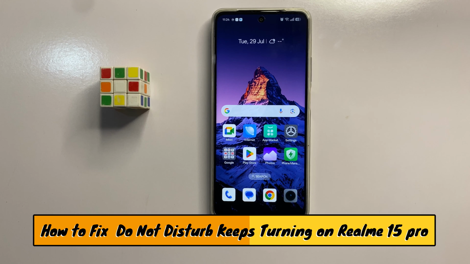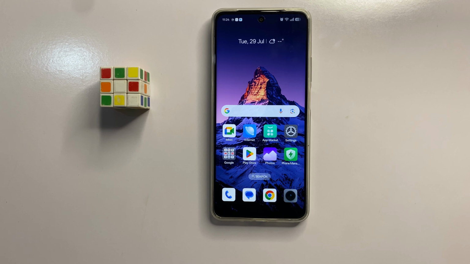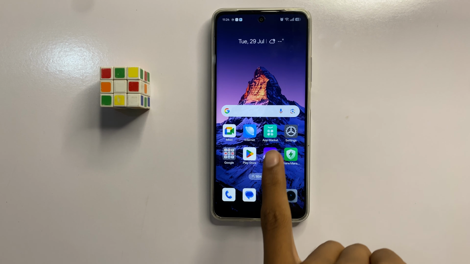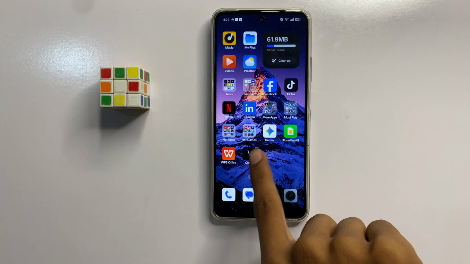Hello everyone, in today's video I'm going to show you how to fix Do Not Disturb keeps turning on in Realme 15 Pro. So let's start the video. First of all, open